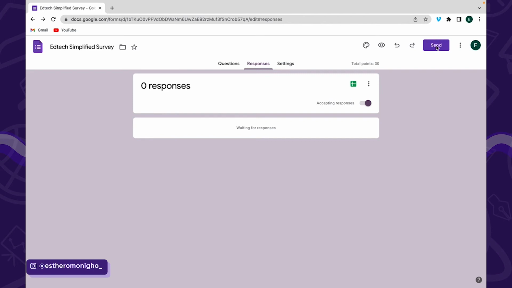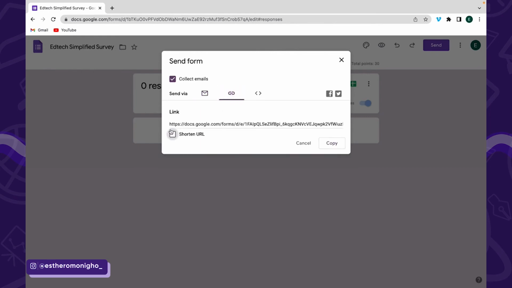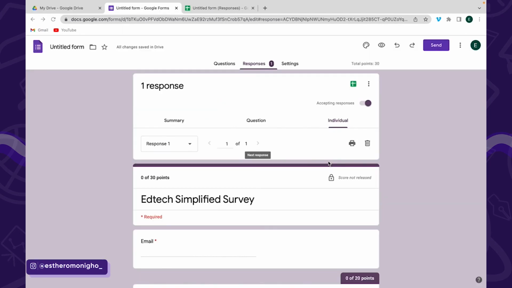I click on that, and then it's going to show me different send options, different ways I can share the form. But I'm going to go on to the second tab here, which is the link, and this is quite a long link, I don't need it. I would shorten the URL, copy and share with my learners. I have completed the quiz on my end, and the next thing I need to do now is to check